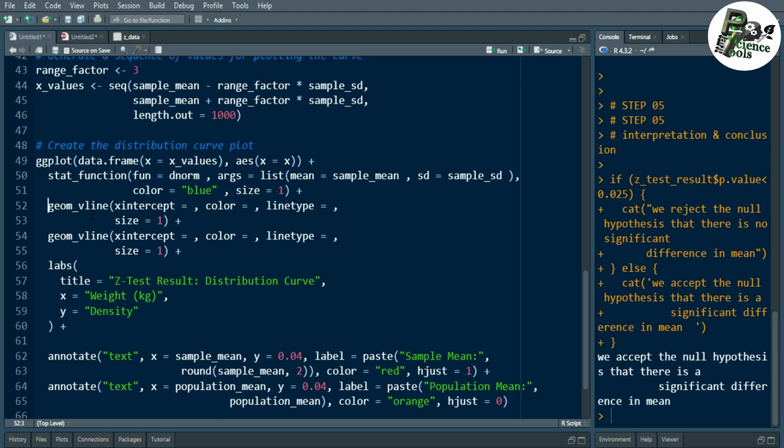So if you want to add another line to the previous line, we need another function, that is basically the geometry line in ggplot. I have already written here the x-intercept, because I want to first intercept the x. Here our x is the x line that is created by the stat function. So the x-intercept is the sample mean,